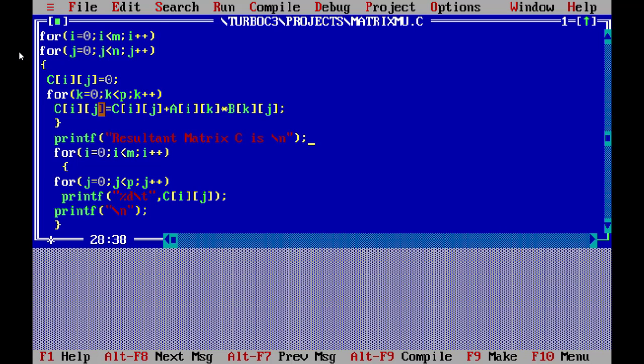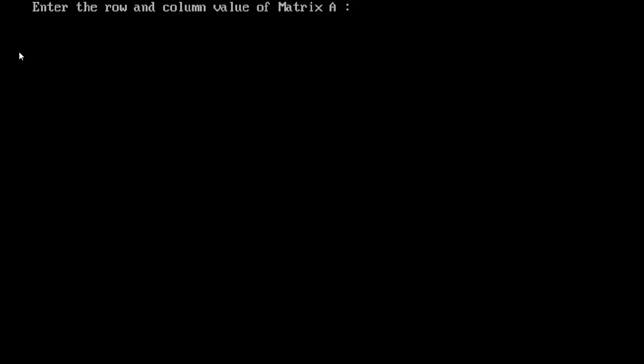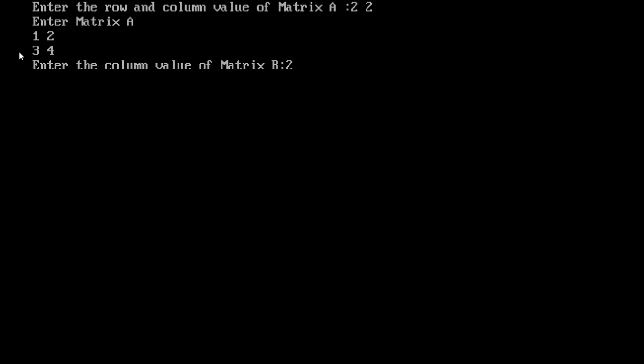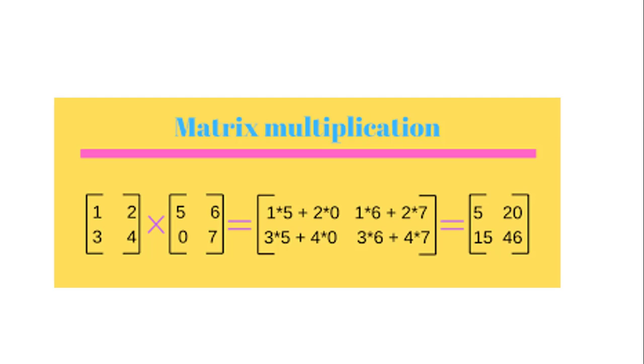Once again, I'm compiling this. 2 by 2, 1 2 3 4, 2, 5 6 0 7. See there, the resultant matrix C is 5 20 15 46, right? So now our program is working well for doing matrix multiplication.